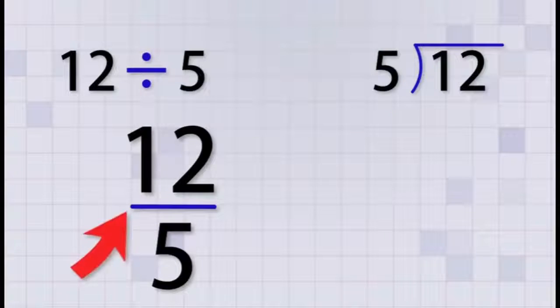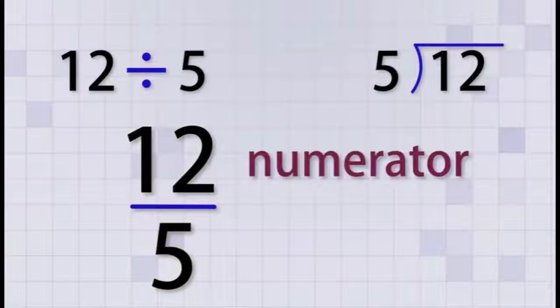The line between the top and bottom numbers is just another way of writing the division symbol. The top number is the number being divided up, and we call it the numerator. The bottom number is the number we're dividing by, and we call it the denominator. Now let's look at some of the common fractions that you're already familiar with and think of them as division